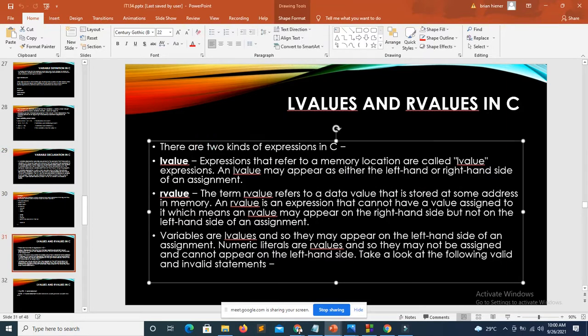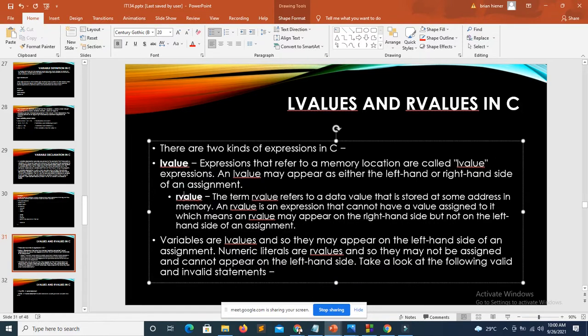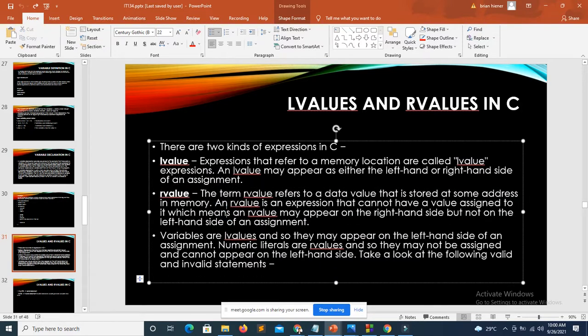Okay, so we have here, there are 2 kinds of expression in C. The L value that refer to the memory location are called L value expressions, and the L value may appear as either the left hand or right hand side of an assignment. And R value, a term,